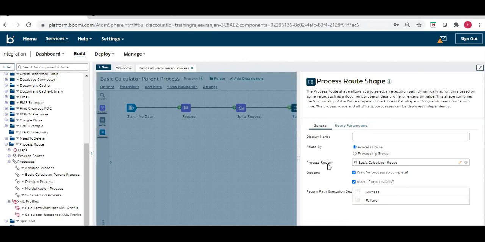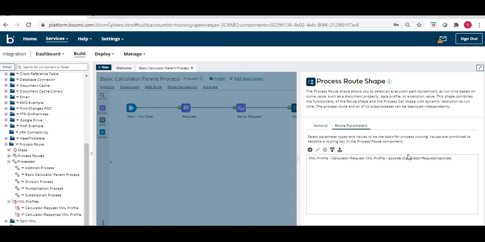We have returned success and failure. Now we have defined the route key, and we have selected each and every sub process which will participate during the process route call. As per the route key, we have defined one of the route key parameters, and that particular route key is going to match with this.